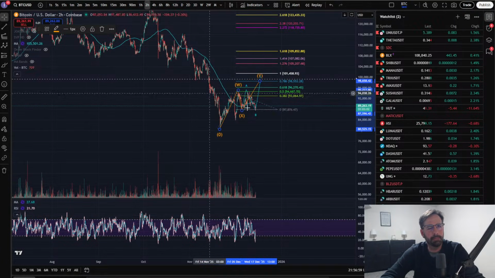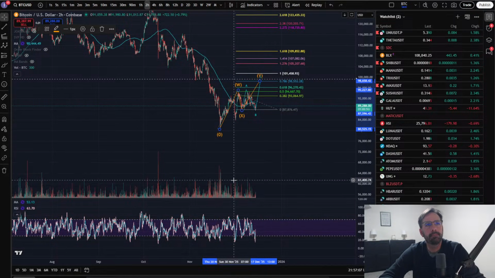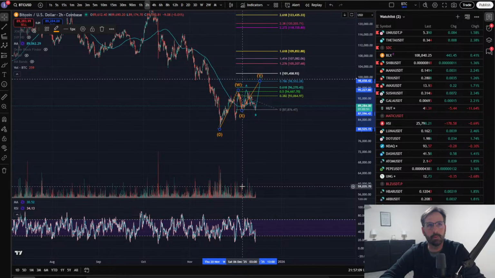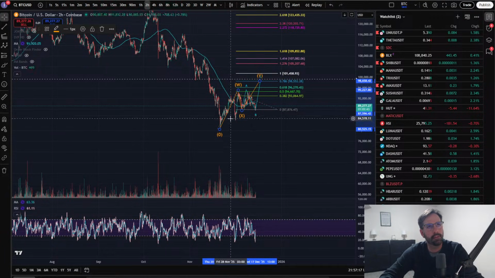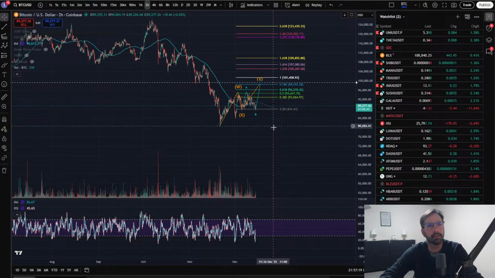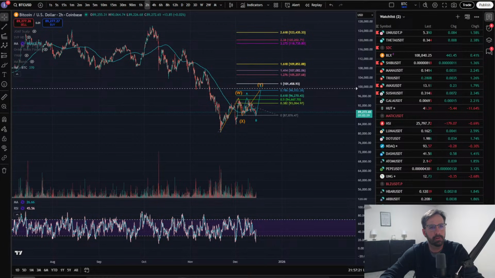Personally, I just need to see proportionality between the W and the X. I mean, the W and the Y. I just need to see some proportionality, and I don't see it here. So it doesn't mean anything. It can do whatever it wants to do, but that hit to the high would be lovely. That would be a nice wave 4 for this wave. I would be okay with that. Be a nice wave 4.